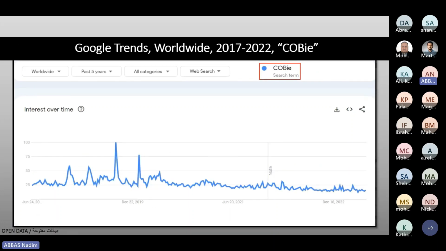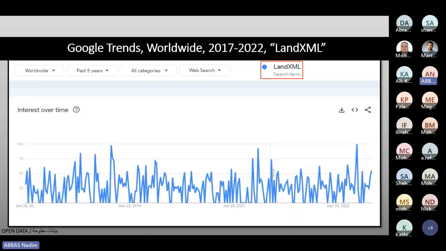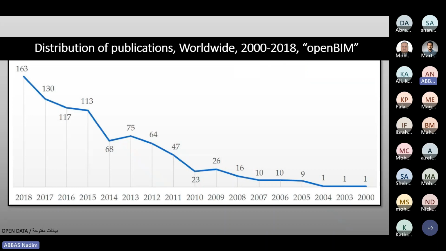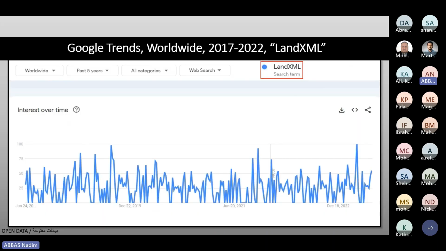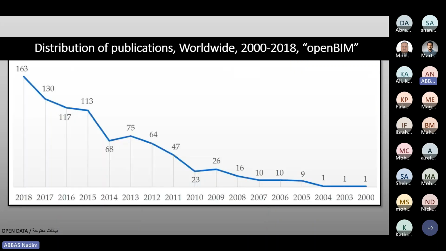Moreover, the COBie search is there, and it is sometimes increasing and sometimes constant. Land XML is there. So you can see that the search has been increasing in the last 5 years. In addition to that, I went through some of the research paper websites, and I found that in 2000, 2001 to 2, 3, and 4,